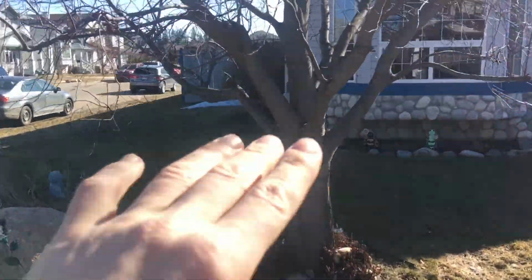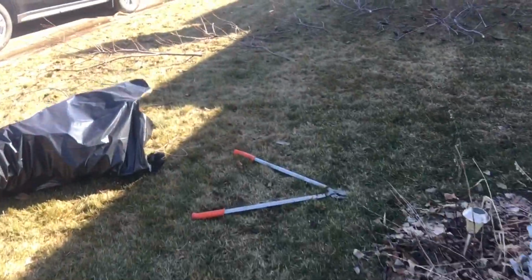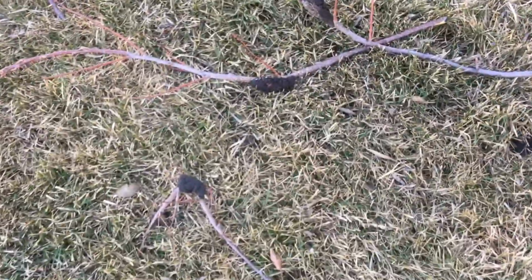Otherwise the tree is pretty healthy. We cut out a whole bunch of branches already, as you can see here. There's tons of knots